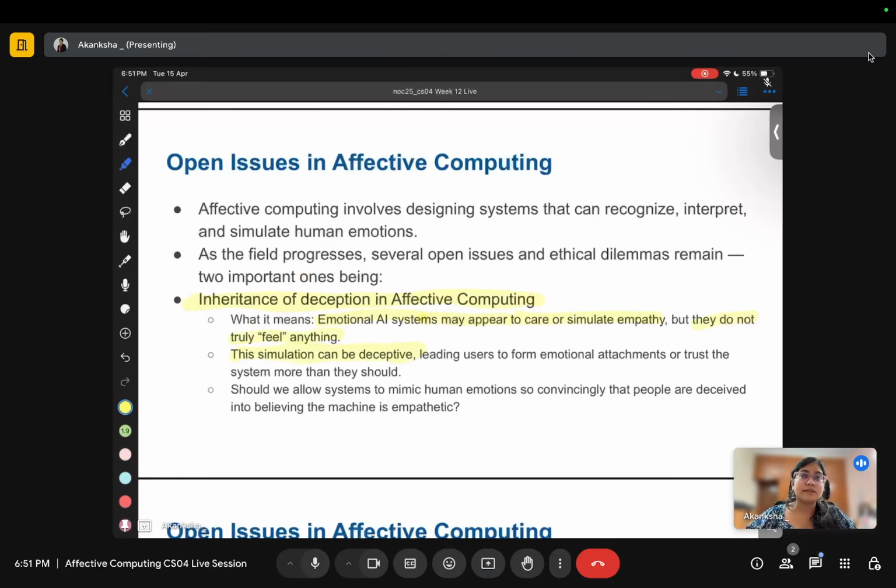Let's say this robot named Sophia. Sophia is more like a human. She looks like a human being. And if we provide these emotional capabilities to Sophia, and somehow it is able to understand you, you will feel like it is actually a real human being, which is not the case.